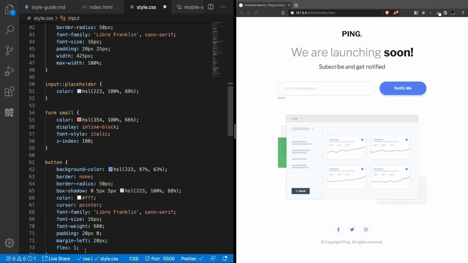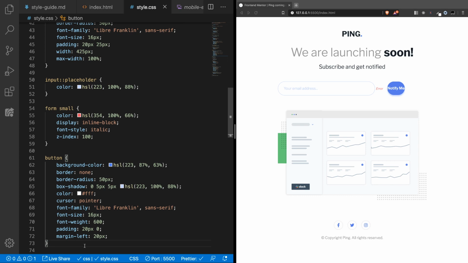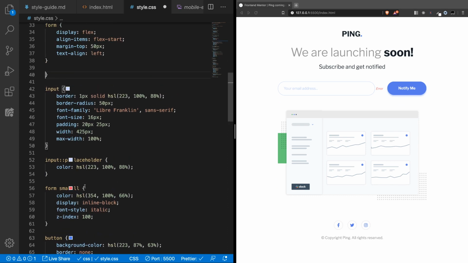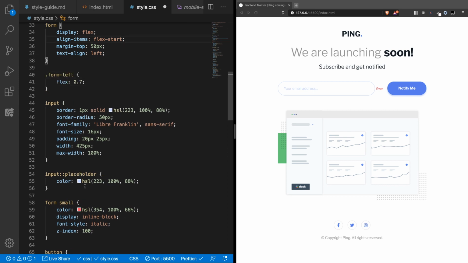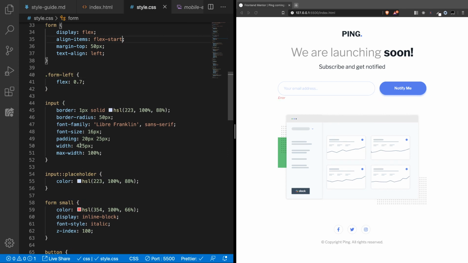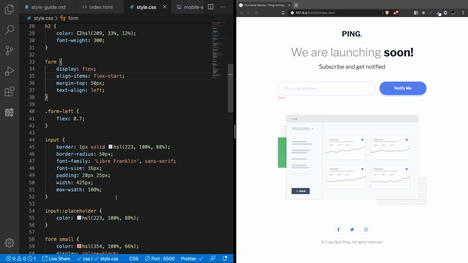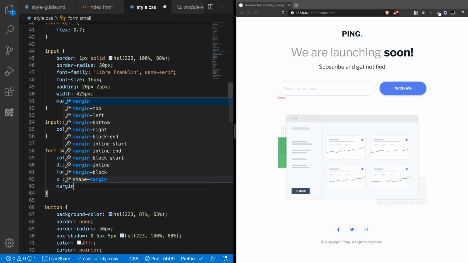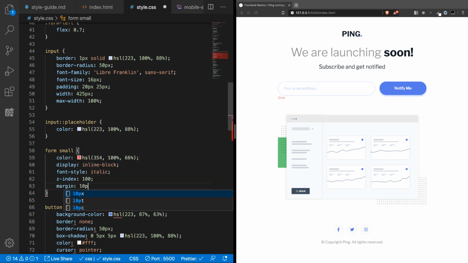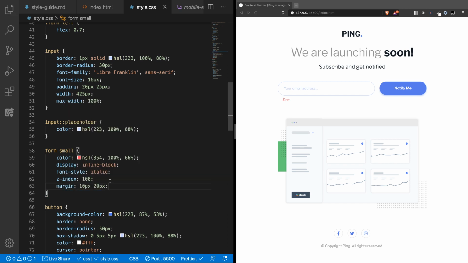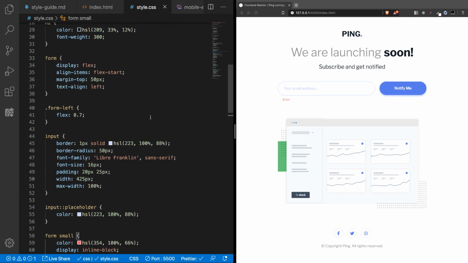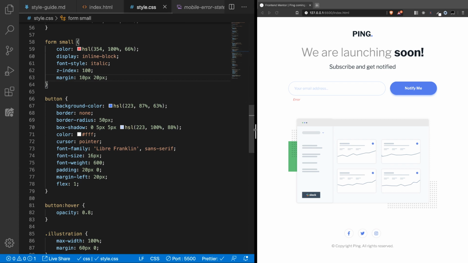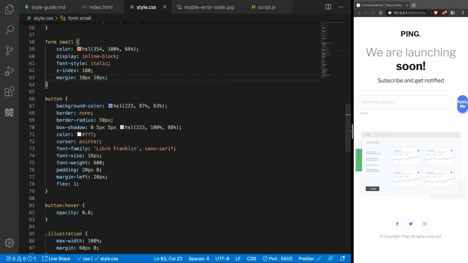So we don't need this. We don't need this. Well, actually we need this. And we need that too. Okay, this looks fine. The small, let's add some margin, 10 pixels, 20 pixels. All right. Okay, and now when we zoom in or scroll in on whatever this is,